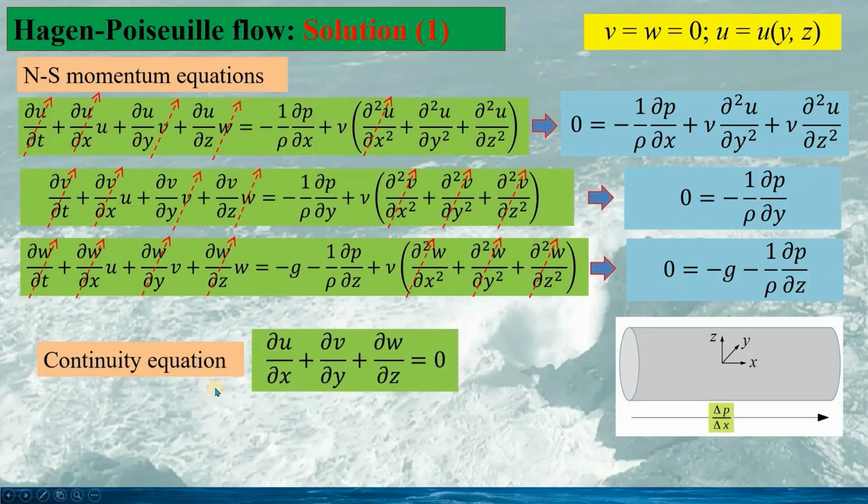And for the continuity equation, we can see all three terms would be 0. Therefore, if the velocity is given in this form, the continuity equation would be satisfied automatically. So, in solving the dynamic equation for this example, the continuity equation is not the target since it is surely satisfied.